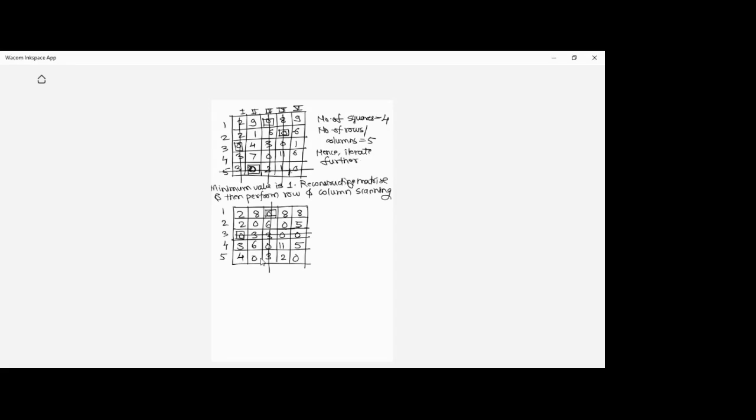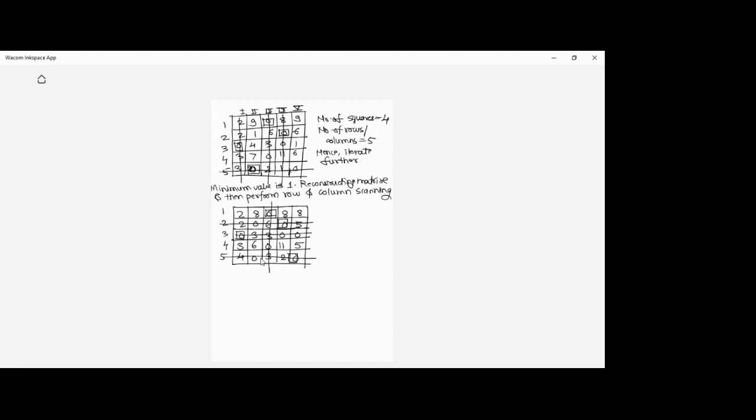In the next, column number 3, it is already cancelled. Column number 4, we have only 1 zero, so we are going to put a square here, and again we are going to draw a horizontal line. Lastly, in column number 5, we have only 1 zero here, and then we can put a square, and what we are going to do here is draw a horizontal line. Now you can check, we have cancelled all the zeros here, and now let's calculate the number of